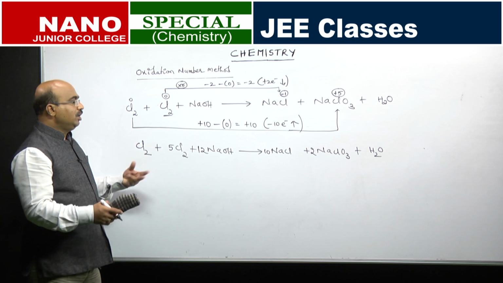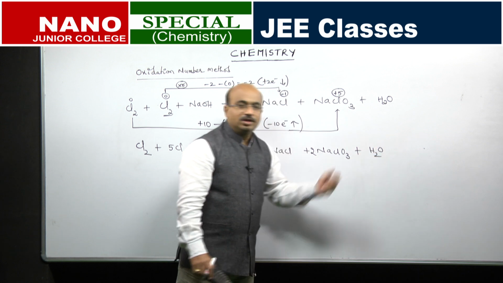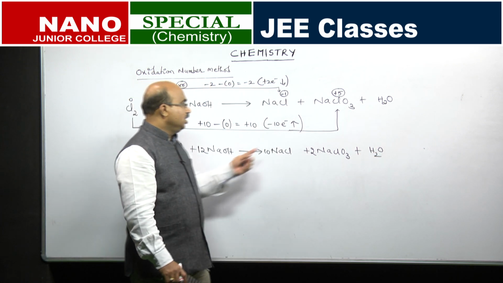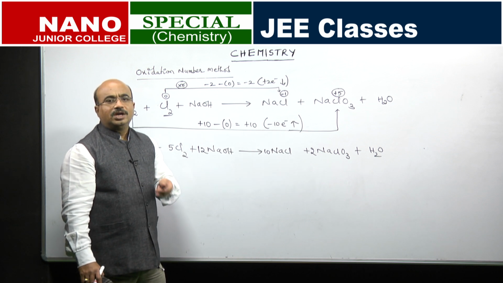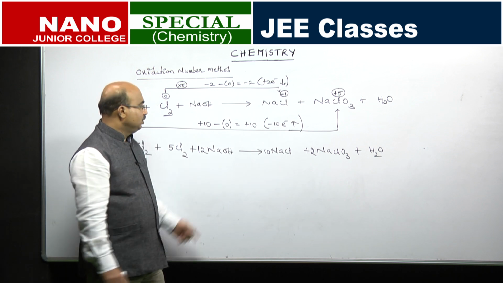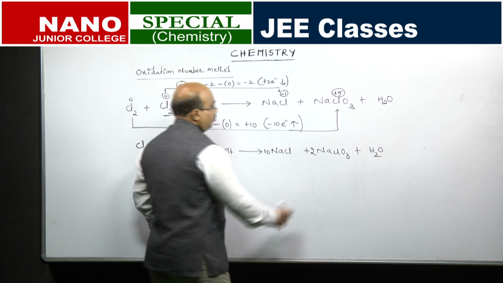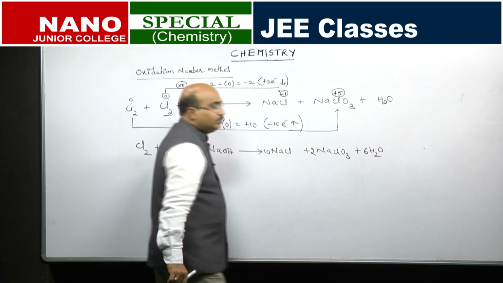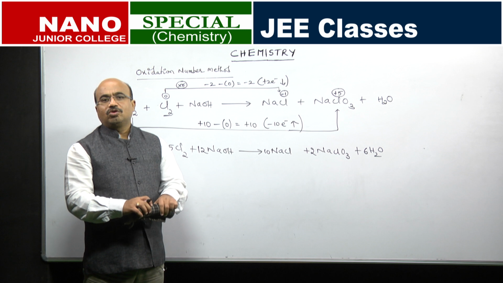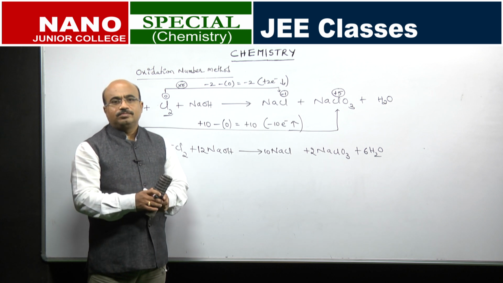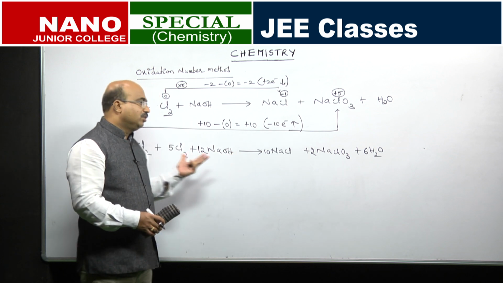Now, hydrogen is less repeated. Oxygen is there in this, in this and in this, but hydrogen is here and here only. So, what we do is balance first the one which is repeated less. So, this is 12. So, this has to be 6, done, because we cannot change the coefficient of any other compound now. So, it is fixed. So, this is the balanced equation.